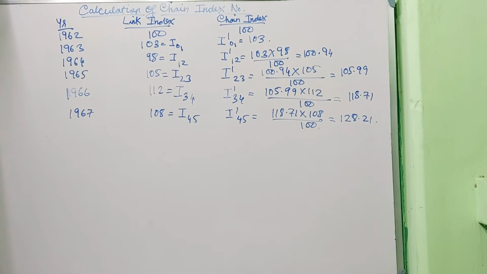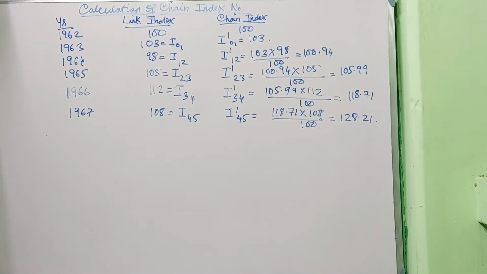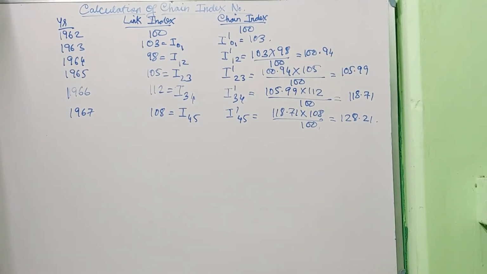So we will consider Q0 be the base year quantity and Qn be the current year quantity. Then value in 2011, meaning current year, is basically PnQn. Since PnQn has been provided, Paasche's quantity index number formula may be used: PnQn by P0Qn into 100. So obviously Paasche's formula can be used over here.